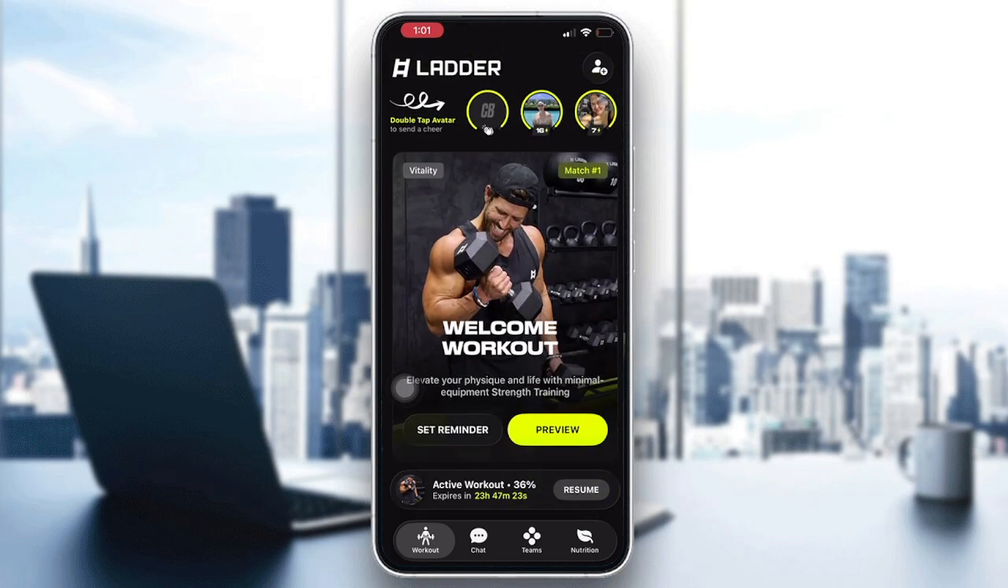So in today's video I'm going to show you how to edit a profile on Ladder. Actually, guys, editing your profile on this app is pretty simple, but the exact options are a bit limited compared to social media. So first you will need to open the Ladder app and then just tap